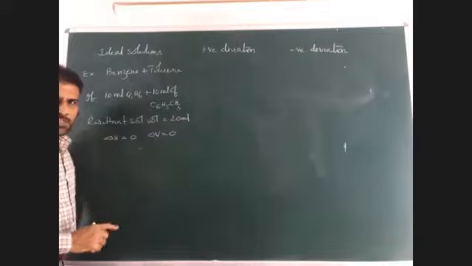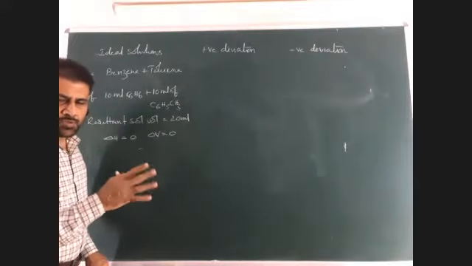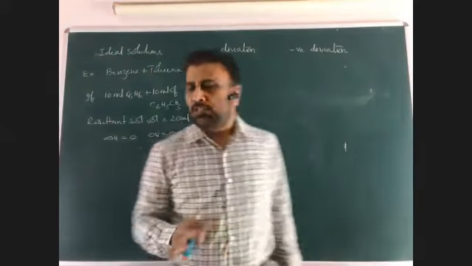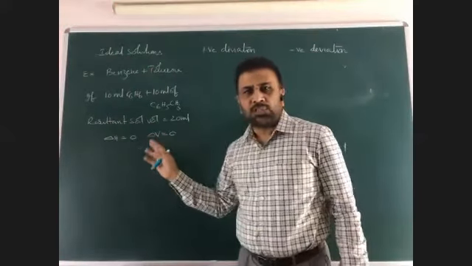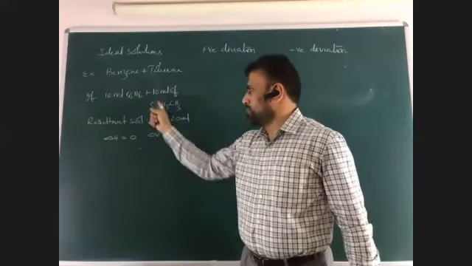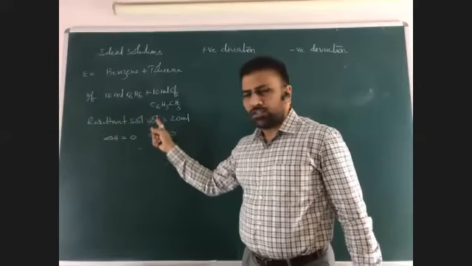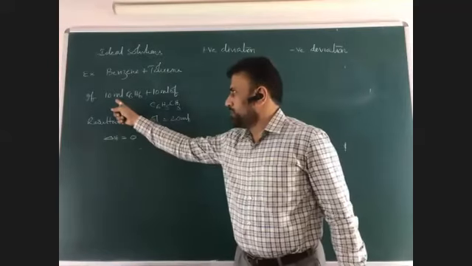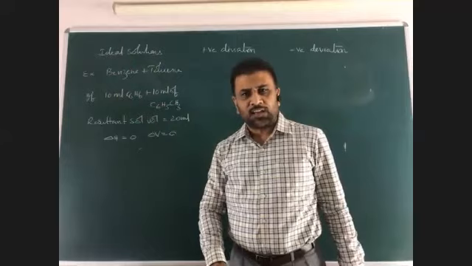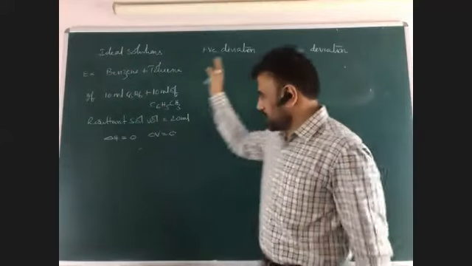What is delta H? If two liquids are mixed, the change in heat is 0. If two liquids are mixed, the change in volume is also 0. That means X plus Y is equal like this. If 10 ml and 10 ml, then automatically 20 ml. In real solutions, it's not like that. If 10 ml is mixed with 10 ml, it may be more than 20 or less than 20. That also happens.